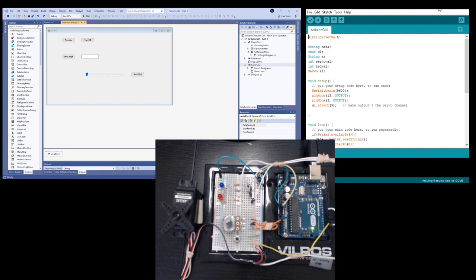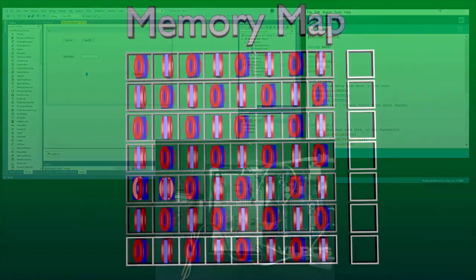Can we import data and commands from the Arduino to our GUI? We'll find out on today's episode of